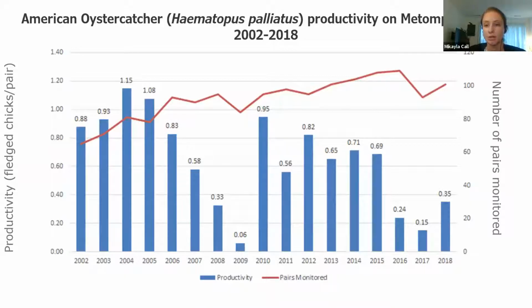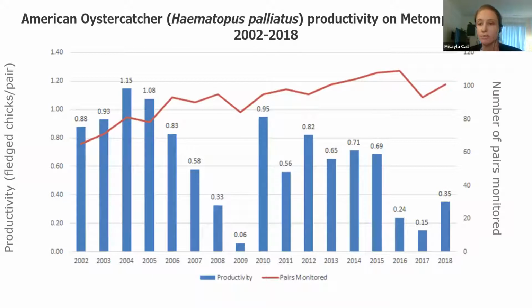This graph shows annual productivity defined as the number of chicks fledged per pair and the number of pairs monitored from 2002 to 2018 on Wetumpka Island. Productivity is on the left axis and is depicted by the blue bars, while the number of pairs monitored is on the right axis and depicted by the red line. So you can see that there's been an increasing trend in the number of oystercatcher pairs that are breeding on